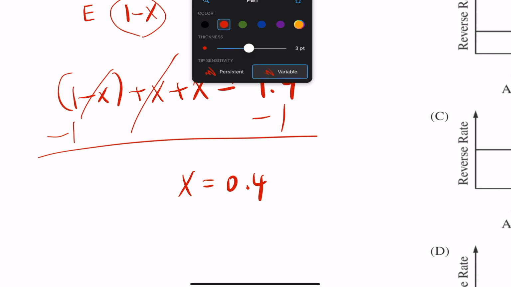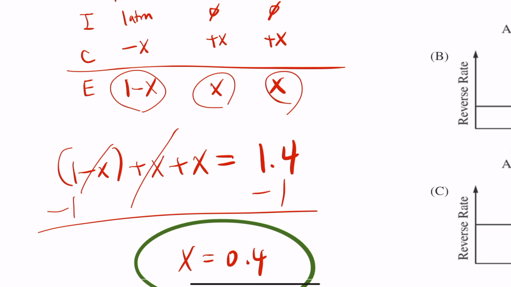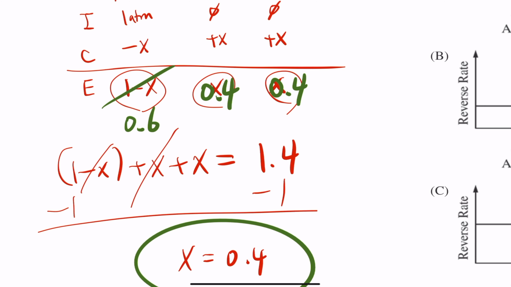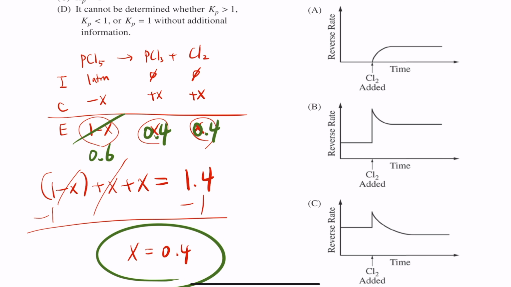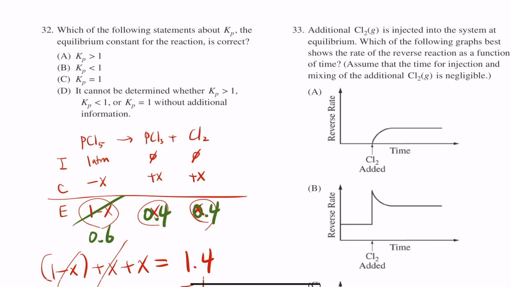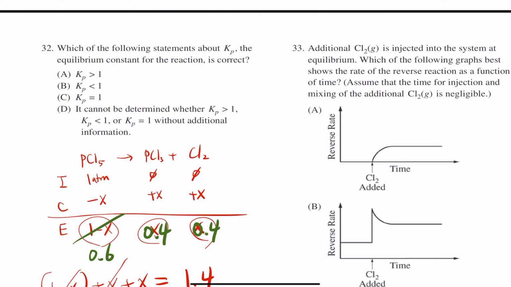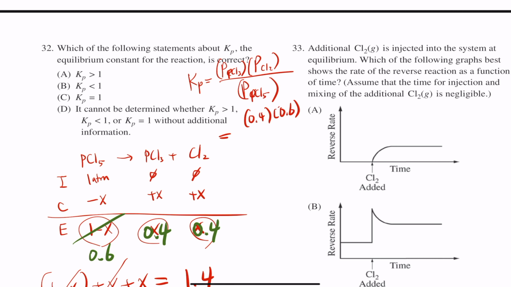Now that I have that, I can replace the x with 0.4 right here, and 0.4 right here, and that would be 1 minus 0.4, which is 0.6. So there you have it. You have all these partial pressures now, so we can go ahead and set up the K value. Kp is equal to the pressure of PCl3 times the pressure of Cl2 all over the pressure of PCl5. So if you set it up, that'll be 0.4 times 0.4